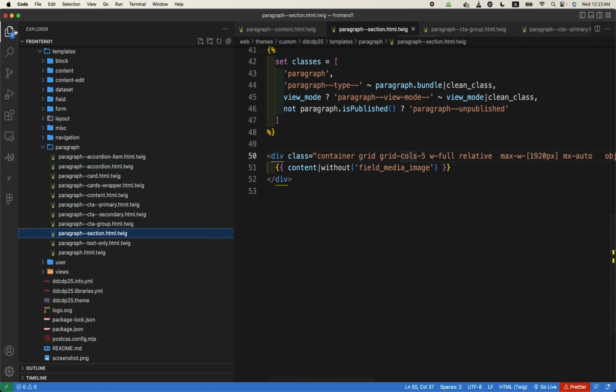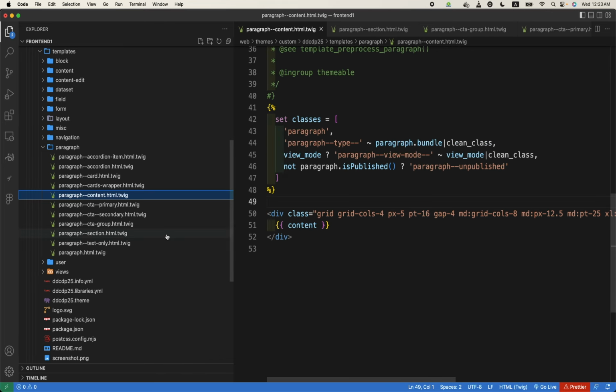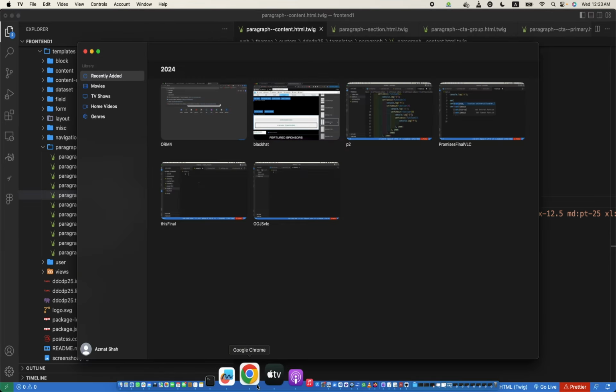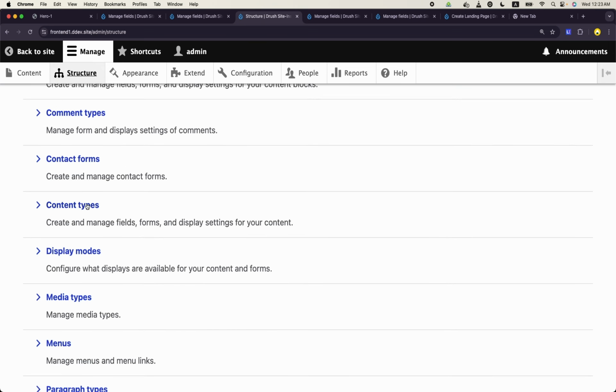And then in the subclasses for the content, rather than the col span, structure, I think this will give us some problem, but